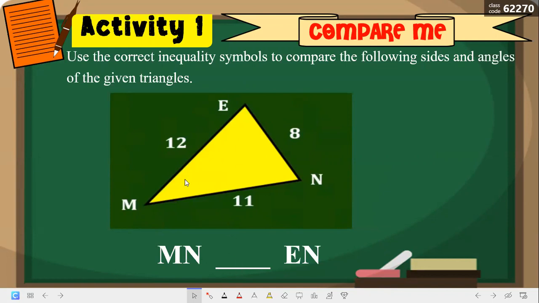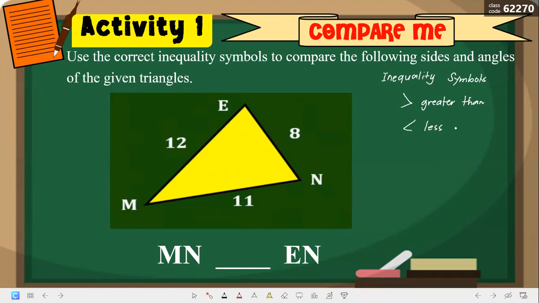In our previous lesson regarding inequality, we already discussed the inequality symbols, such as greater than, or